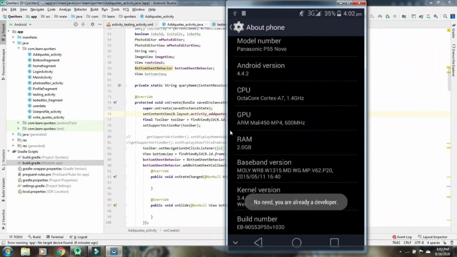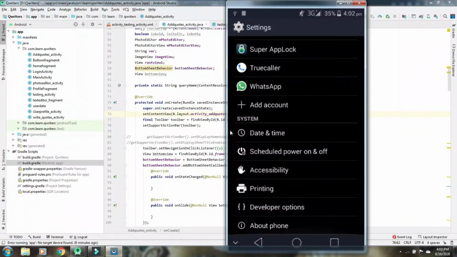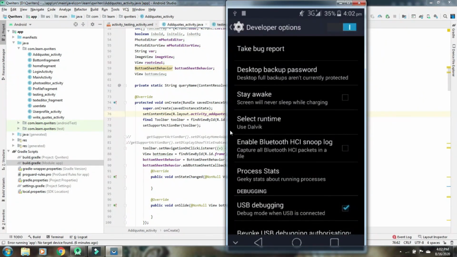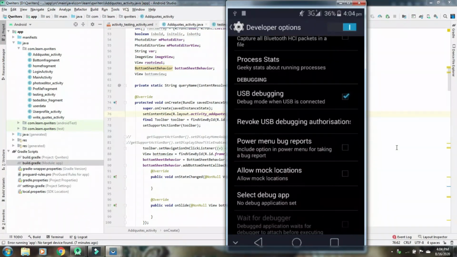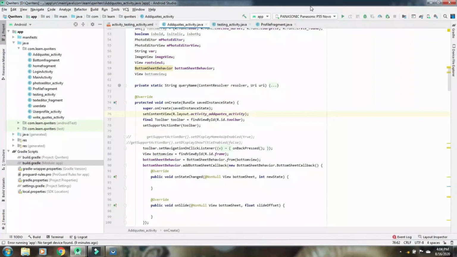You'll see it is already enabled because I have enabled developer option. For you it will be enabled here. Outside you can see developer option. Just click on that developer option. Make sure developer option at the top is enabled. Make sure USB debugging is enabled. Then you can find in Android Studio, your device will be visible here. So if you see my device is visible here, and when you click this green button, your app will start building, and it will be installed in your phone where you can use the app.